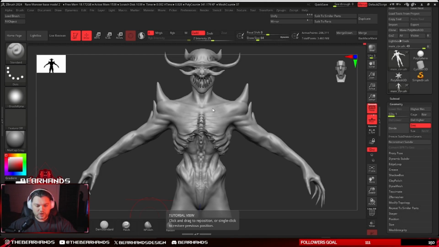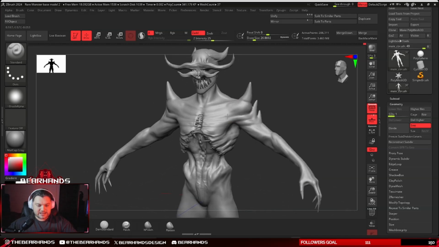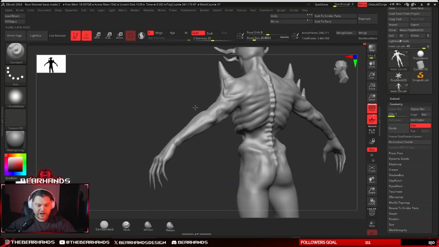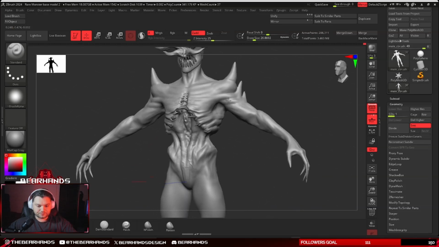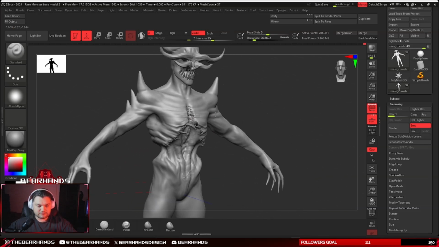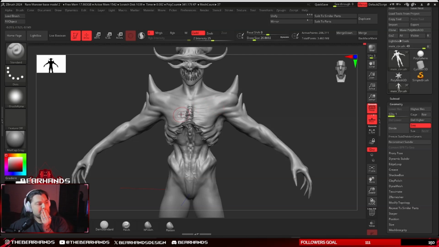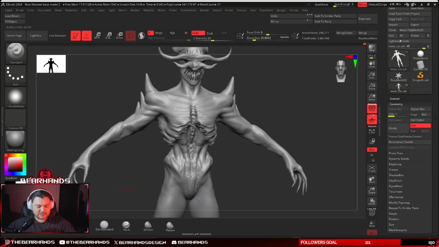So today we're going to detail the crap out of this guy, because I wasn't happy with the way it was looking when we put it into the main scene. And yeah, I just want to detail this guy first, and because we already posed him in that scene,